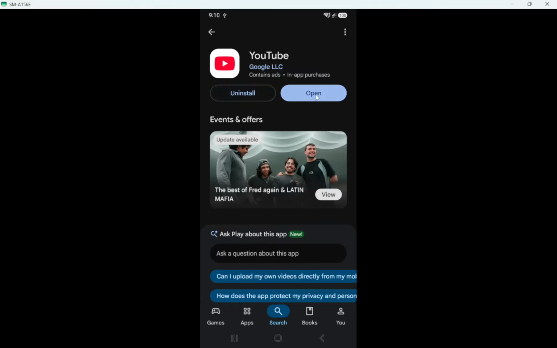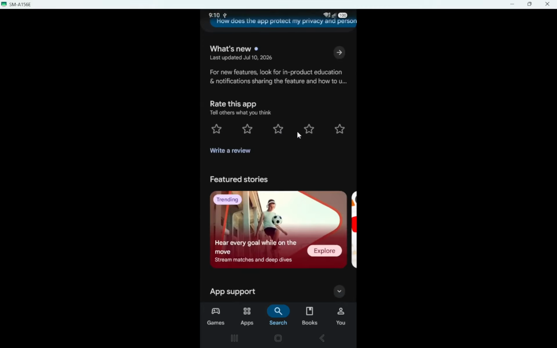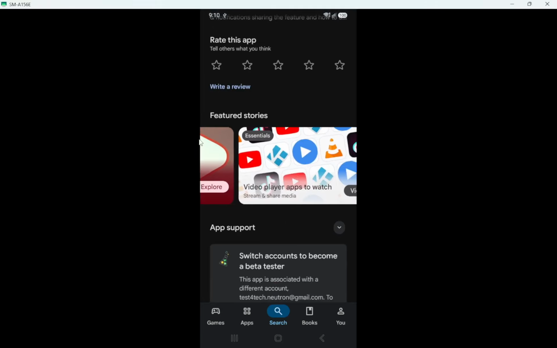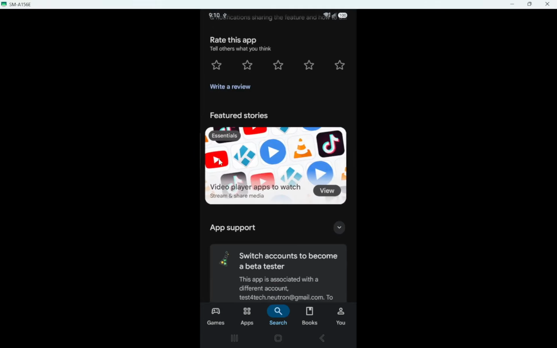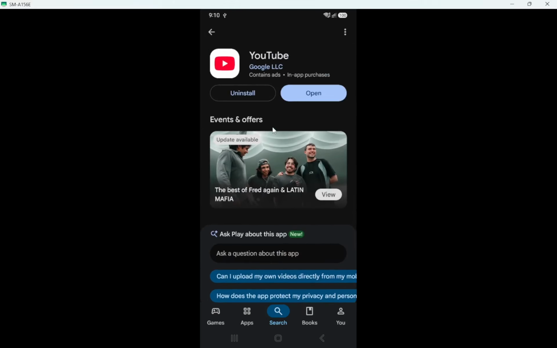As soon as you tap Install, the button will change to show a download progress bar or a spinning icon. You may also see the download percentage and the app size as it comes onto your phone, and you can stay on this screen while it finishes. After that, wait for the installation to finish. During this time, the Play Store will first download the app, then automatically install it, with no extra taps needed.